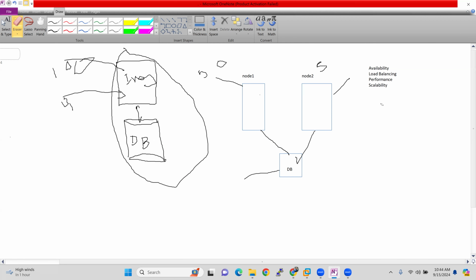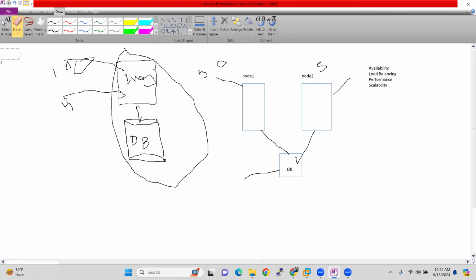And it will work fast because all those machines have a good configuration. All those machine resources are available for all the connections. And as you know, if the resources and configuration are available on the node, then definitely whatever we are going to perform will work fast, right? So that's the performance. And for scalability, if we talk about it,